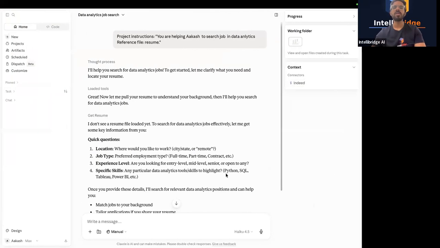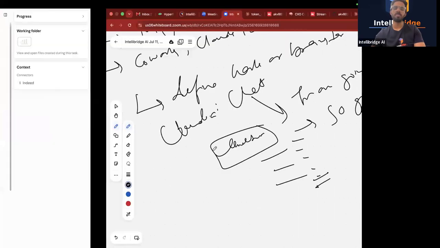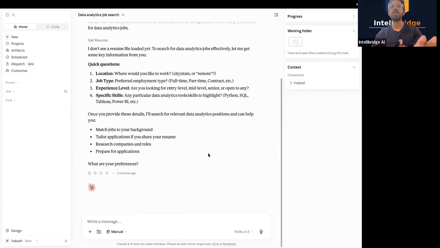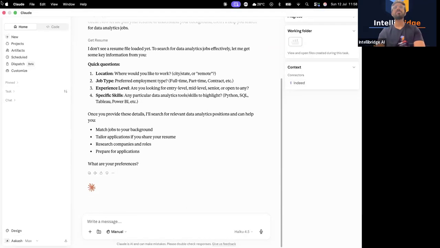Then you can come here and use Cowork or Projects, upload all those things, and it will be able to work. The advantage is if it is something ongoing, maybe a marketing campaign, or a data analytics project, or a simple study where you want to become good in AI, for example. Go to Chat, brainstorm what all things I should study, and then create a project and dump all the files,